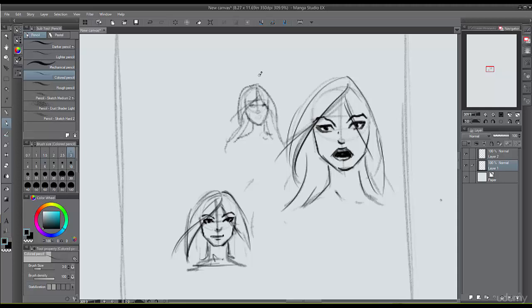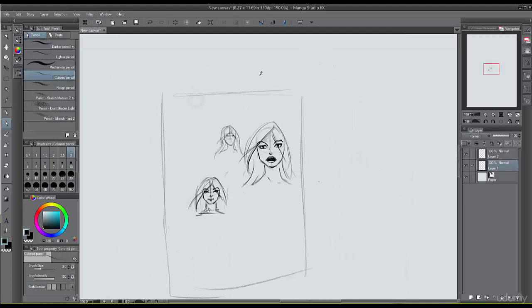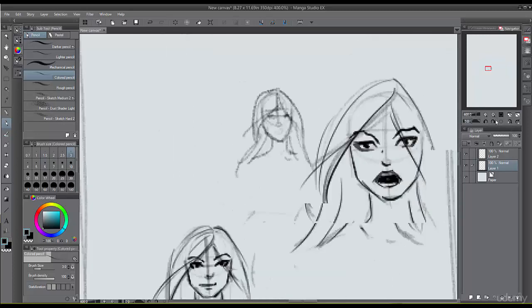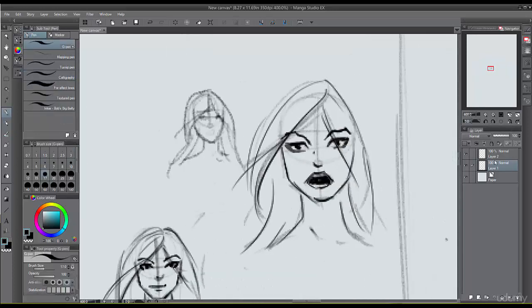Right? So you can tell, I can probably add some detail in there and it'll be readable at that size, but it would have to be very, very little detail. Sometimes though, it's better to just stick with the face itself. So let's go ahead and go to this layer. Sometimes it's better to just add the hair. The hair and the clothing and stuff will probably be enough to be able to tell who the character is. And now, any little tiny details we can add to the face isn't going to be enough to really distinguish